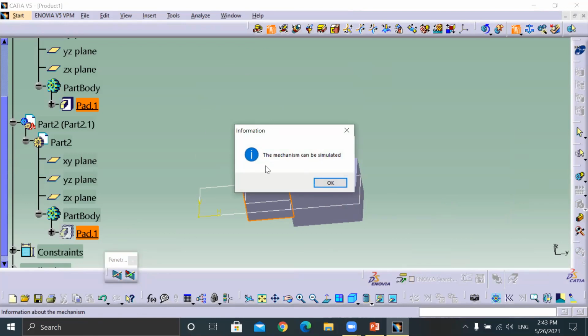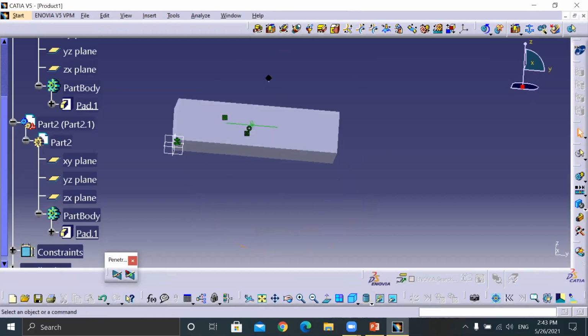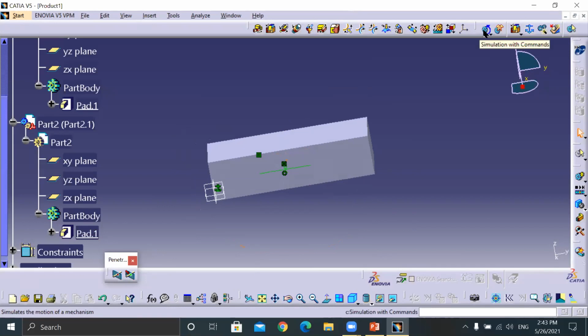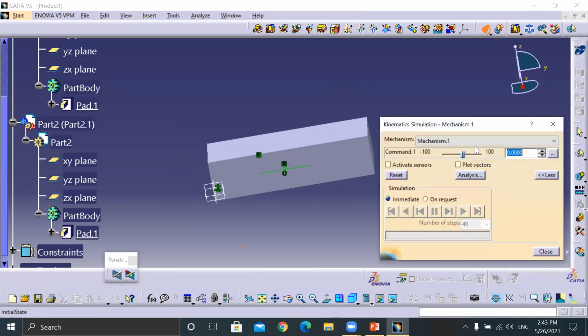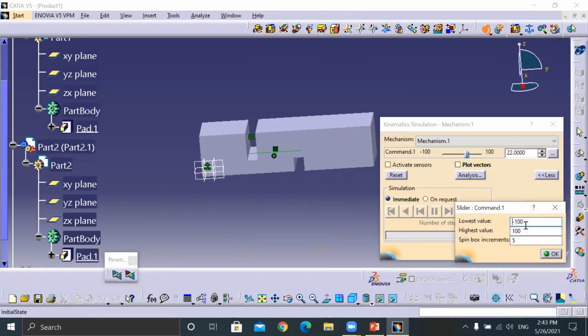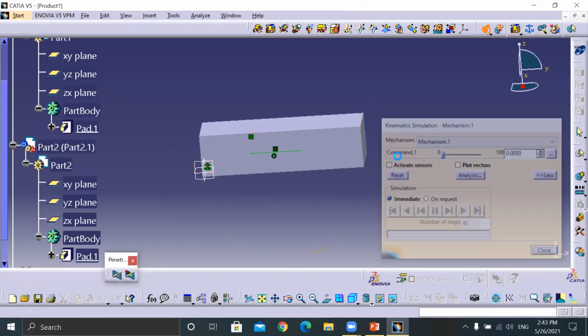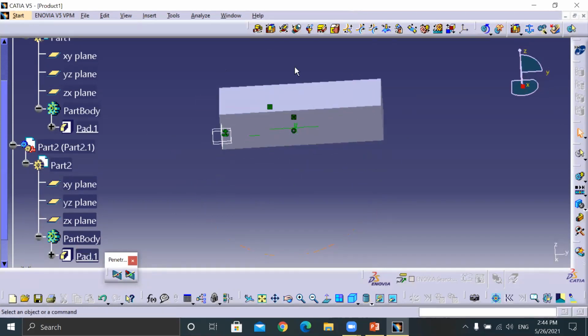Now look, if the mechanism can be simulated, a pop-up window opens, which means you can simulate that thing. I'll just unhide. Now for checking purposes, there is one tool called simulation with commands. Click. I don't need this one. Crossing here, give the lowest value as 0. Now press OK. That's it. Now close. This is one type. If you want to move continuously,